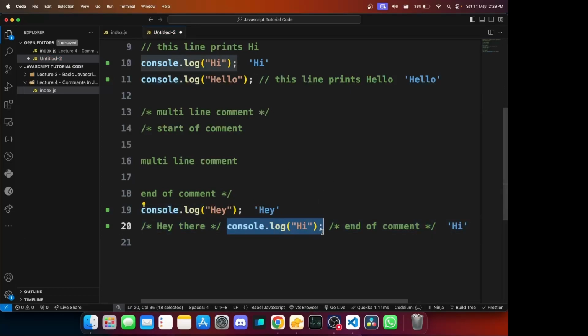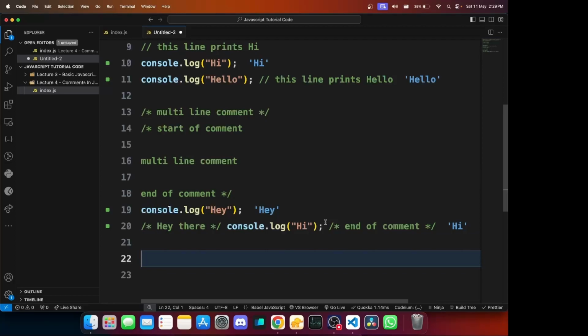This line comes out of the comment because you started a comment from here and then ended over here. So after this, it's not a comment. But then after this, you started another comment and ended over here. So this is a comment, and this is also a comment, but this is not a comment. So hopefully this is all clear.